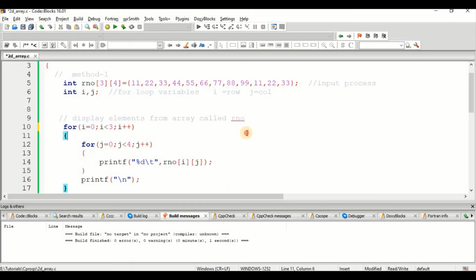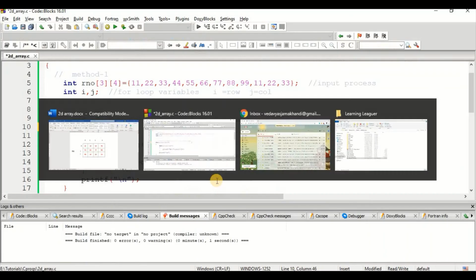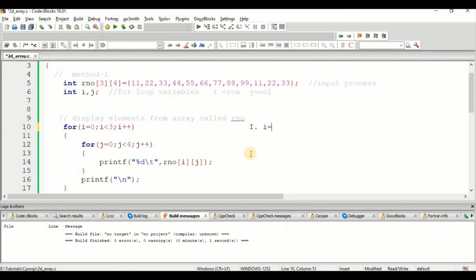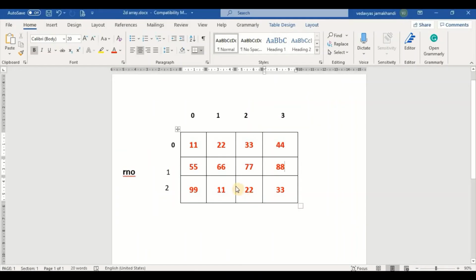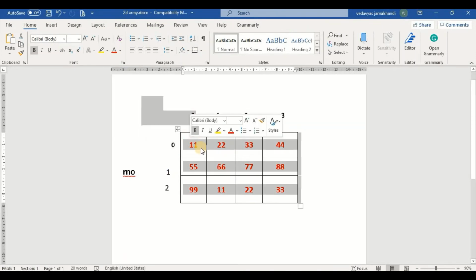Now I want to display these values from these cells. First time, what is the value of i? i is equal to 0. What am I taking here, i means what? Here i is the row, because first I need to start with the first row and the first column.